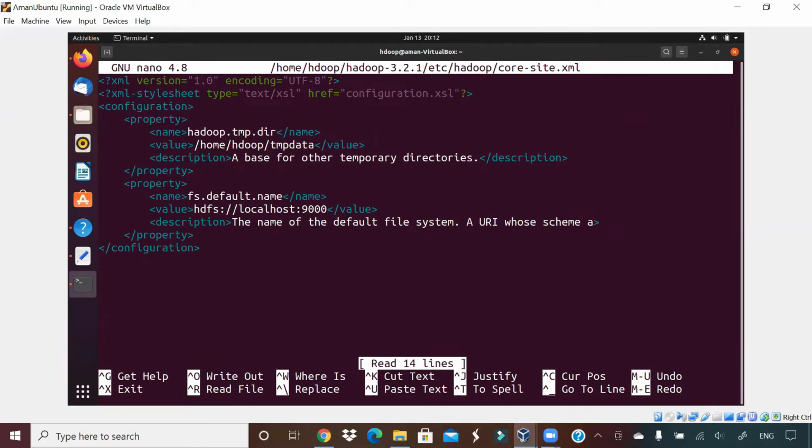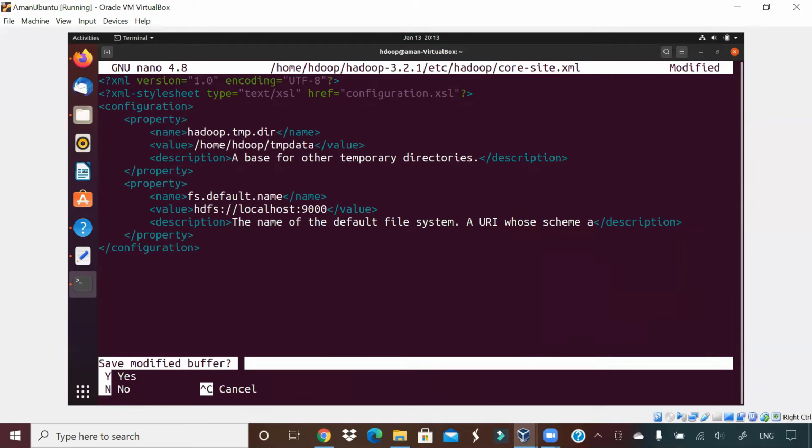Somewhere you can see the closure is missing. Okay, here the closure is missing. Description should close with description. So here I think I copied wrongly. Let me copy this part and paste it here. Okay, so configuration is closing, property is closing, name fine, value fine, description fine.